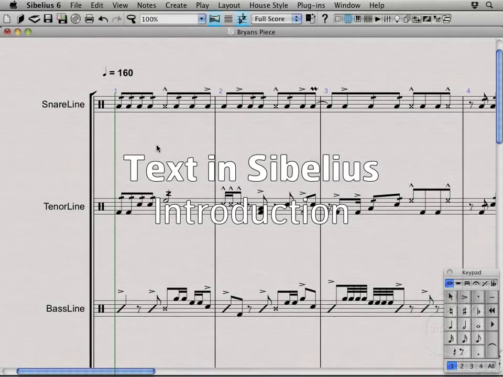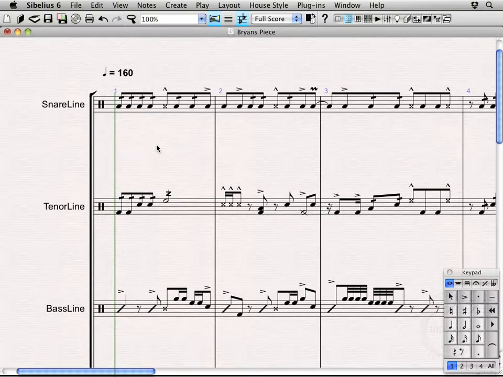Hi, welcome back. Alright, so I've gone through and finished out the rest of the piece. However, there are still some pretty important elements missing. For instance, there's no dynamic markings, there's no stickings on the battery instruments, and another element that I didn't enter when I first started the piece was the time signature, because it was sort of understood that it was in